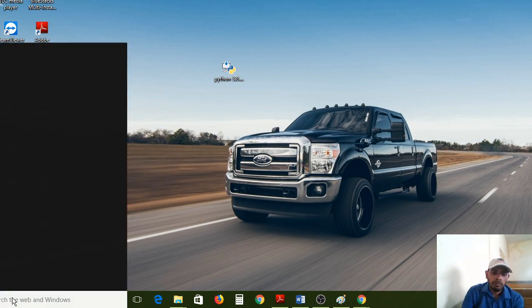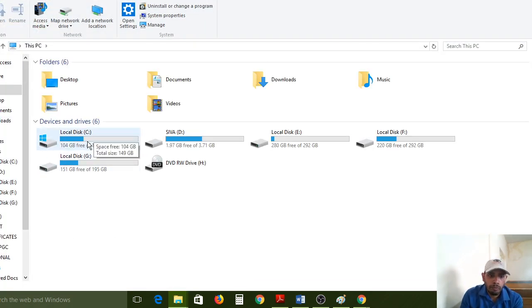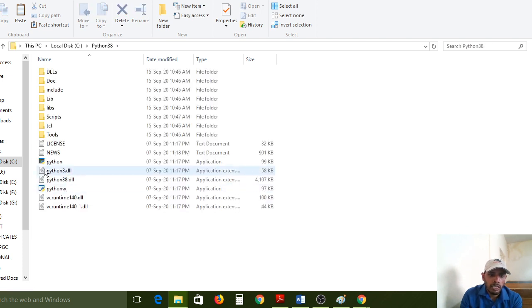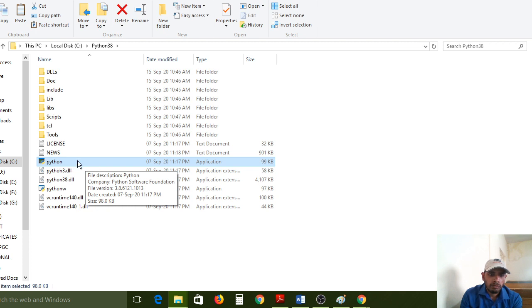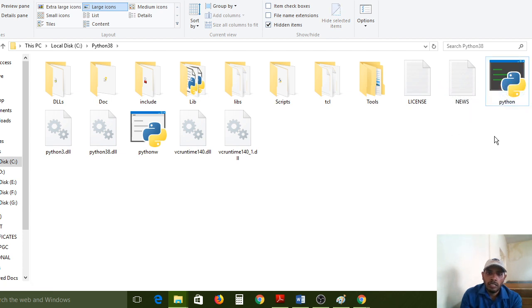Now I am opening my computer. In the C drive, I chose this path. All of you please look carefully: here we have Python 38. Just open Python, and this is the Python option. This is the interpreter. Now I am maximizing the icons, then only you can observe. And this is the Python main file. It converts from one form to another, higher level language to lower level language, by using this Python interpreter only.